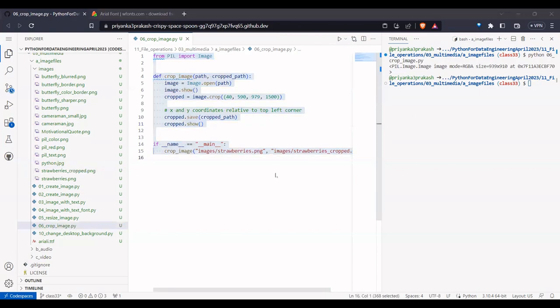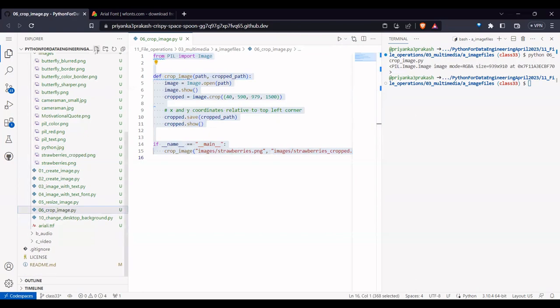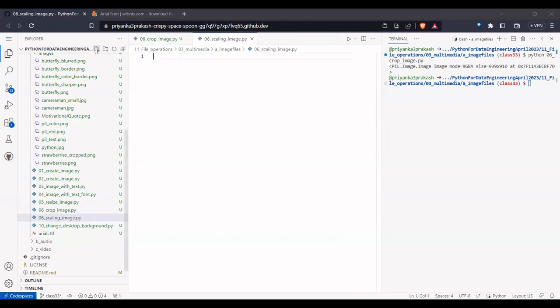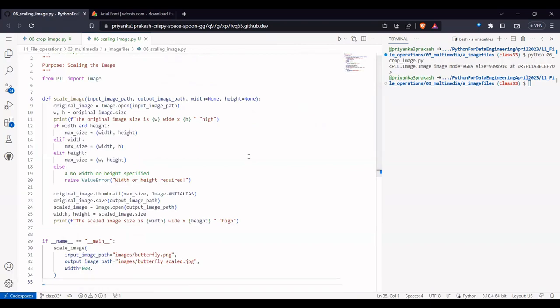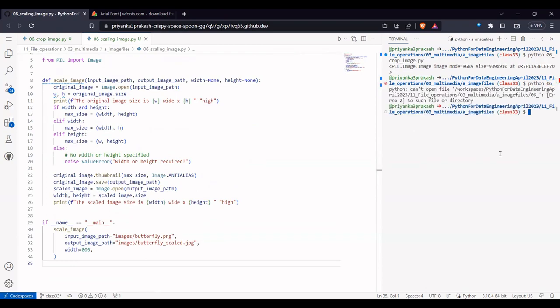So crop means to reduce the size. That's the main thing. And similarly, if you want to scale the size to different sizes, we have that also. Whenever you have different sizes, I wrote a logic. Whenever you have free time, just walk through it. So I have a butterfly scaled 06. If I see, it is saying that